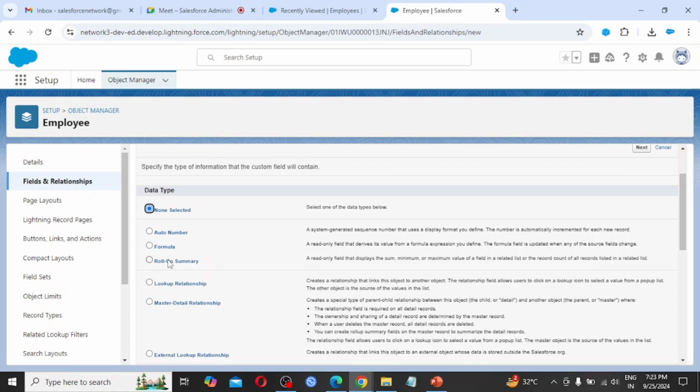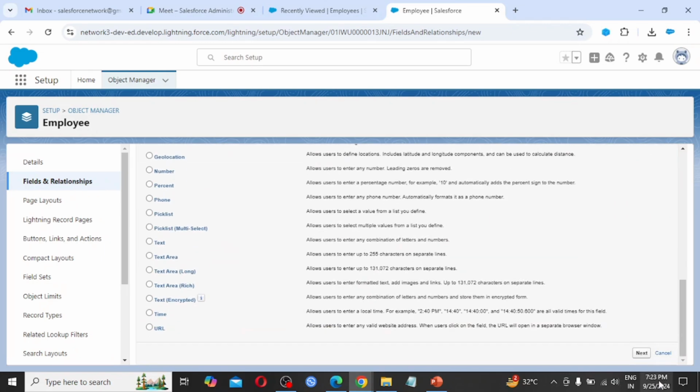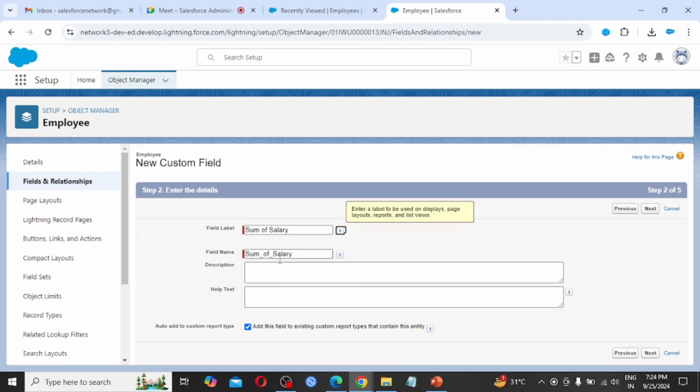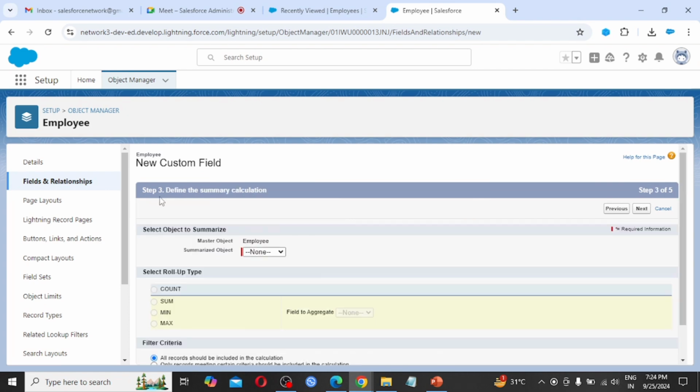So we have to choose this data type, roll-up summary. Click next. We provide the label Sum of Salary. Name is automatically populated. Simply press the tab button, click next.